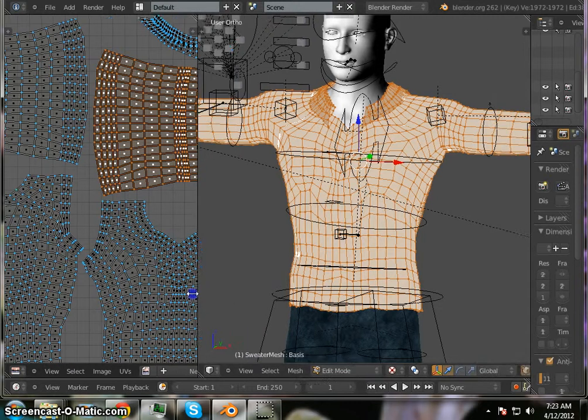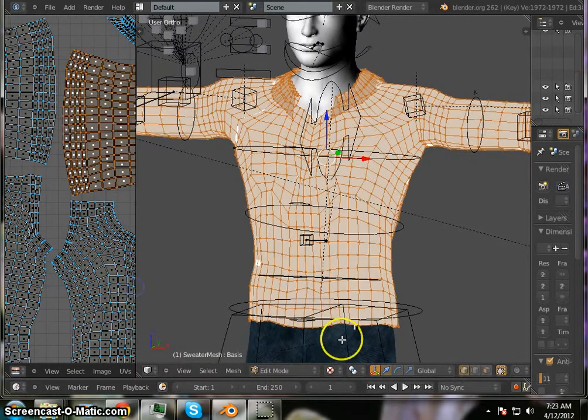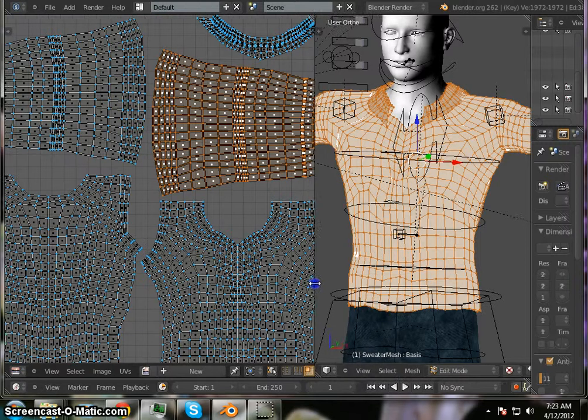Similar to the vertex group, vertices, lines, or faces. Forget the word they use for that. I think it's not lines. But anyway,